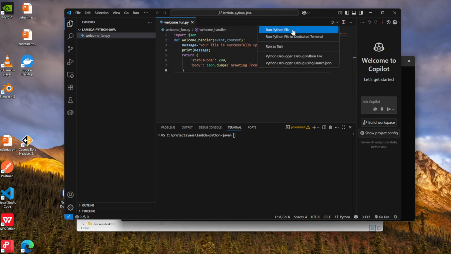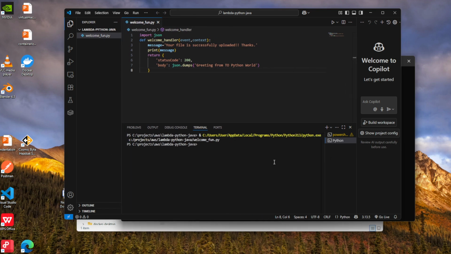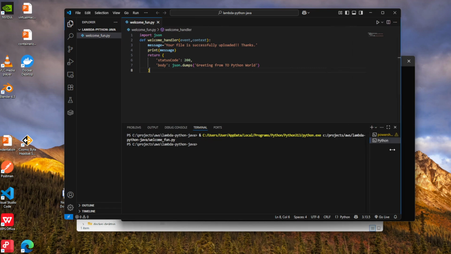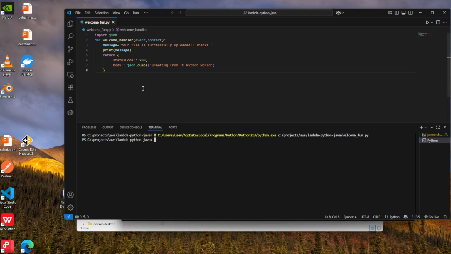Now you can click on this run Python file to run this. Now it is showing the terminal, but it is not showing any output as such. We can see it is not showing. I hope it is visible. Fine. Now it is not showing any output because we need to add one